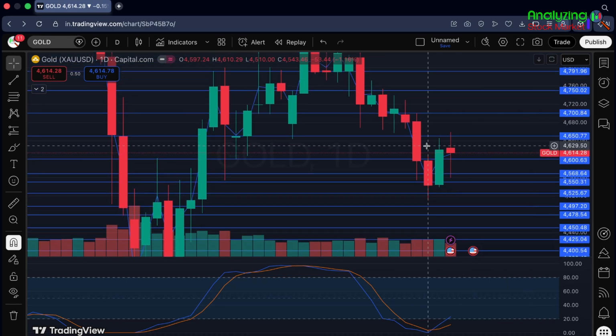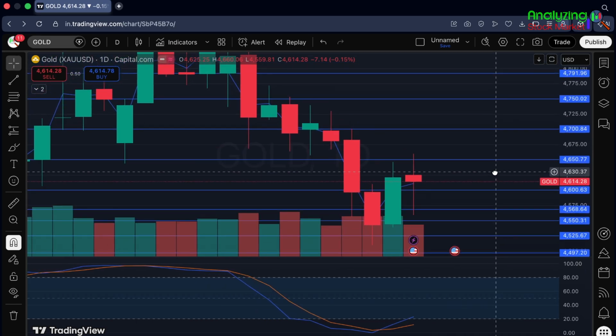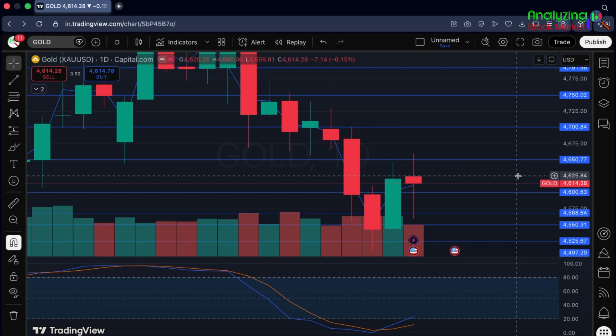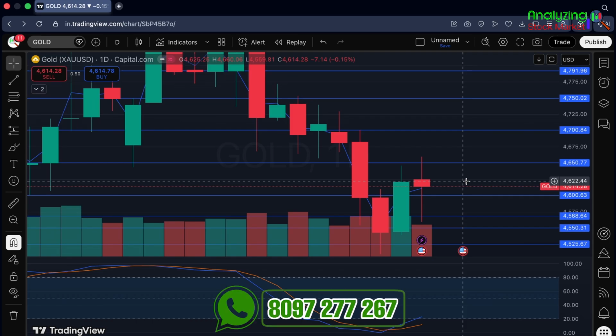So here important support zones and resistance zones are already marked. So currently we don't need to mark any new levels. Let's straight away talk about the closing first. Here 4614 is the closing, and the direct support is 4600, direct resistance is 4650. After direct support, there is a support of 4568 and then 4550. After direct resistance, there is a resistance of 4700 and then 4750. So these are two important support and resistance zones which will help you to take better stop loss and target levels according to your bias, and you can trade once these levels get breached with a 4 hour or